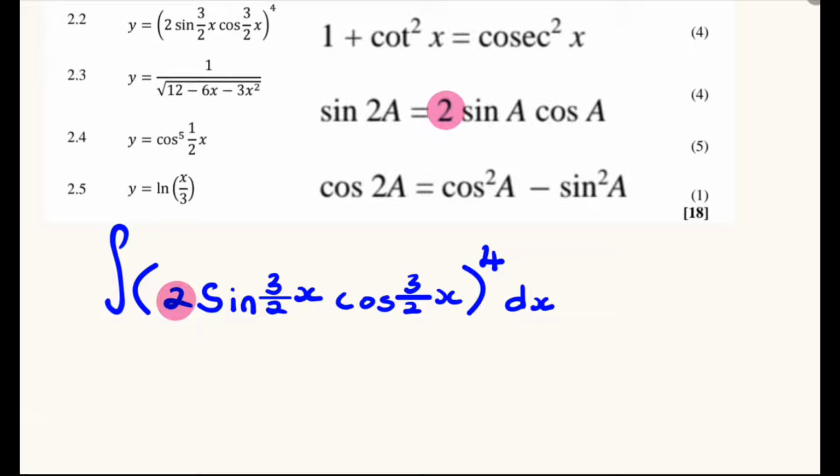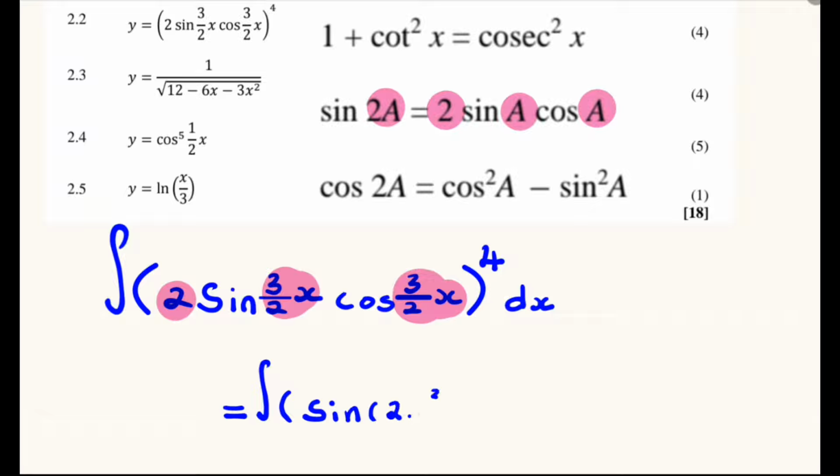Our a is the 3 divided by 2x, which will be multiplied by 2, and our integral will be equal the integral of the sine of 2 multiplied by a, but our a is equal to the 3 divided by 2x, but that 2 and that 2 will cancel out, and this will be equal 3x, and will be raised to the power 4